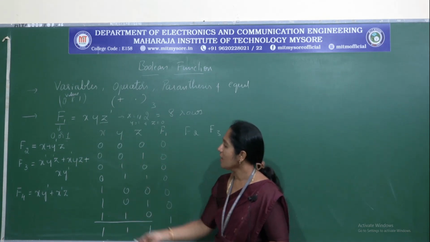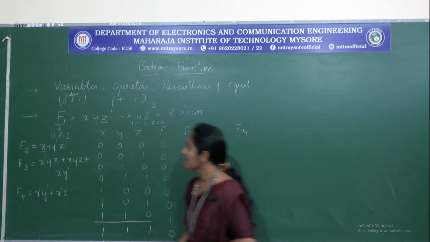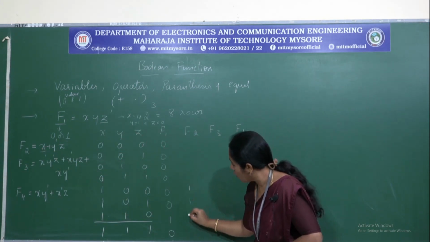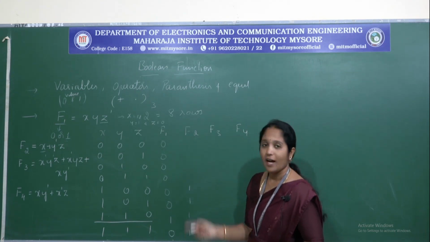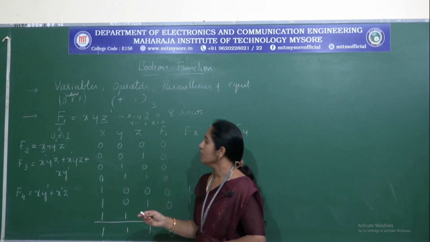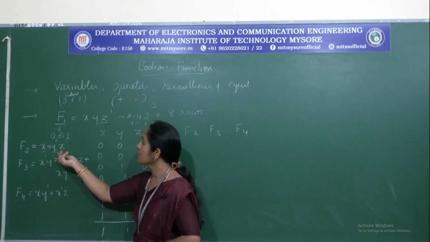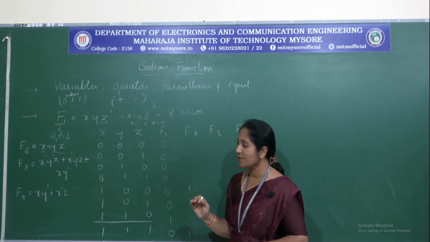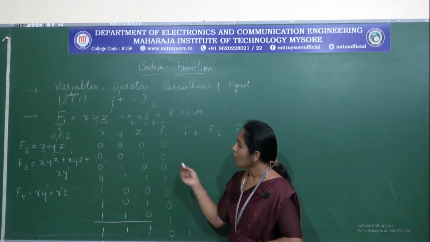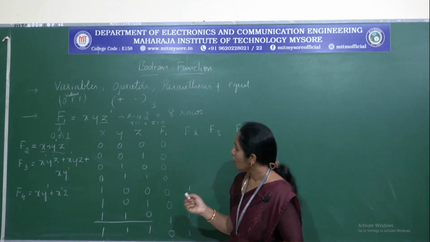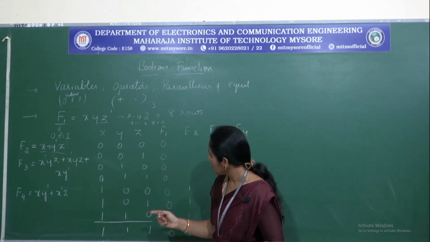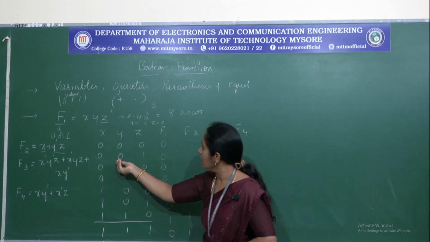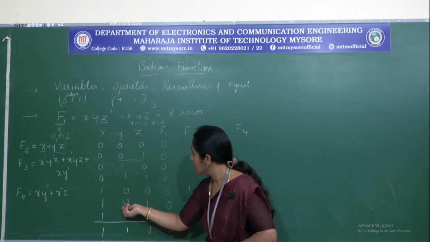So first let me consider whenever we have x value as 1, so that is for the last 4 combinations, so the output will be 1, and for the other value, that is y dash z. In this case x can be anything, so x can be x dash or x can be x. Therefore we need to find out where we have y dash z. Y dash z is 0, 1. So where do we have the 0, 1 combination? We have 0, 1 here, and we have 0, 1